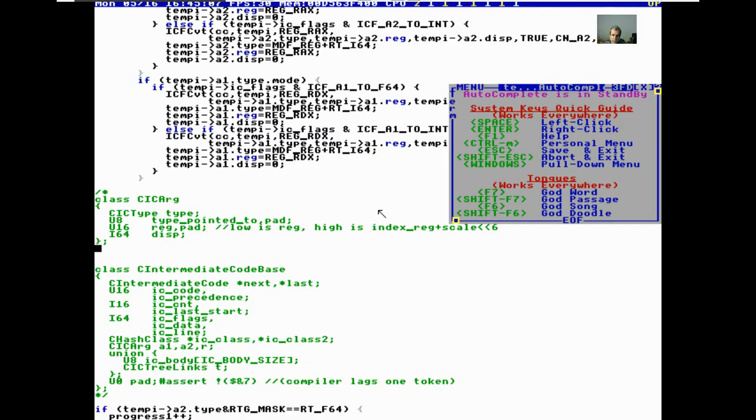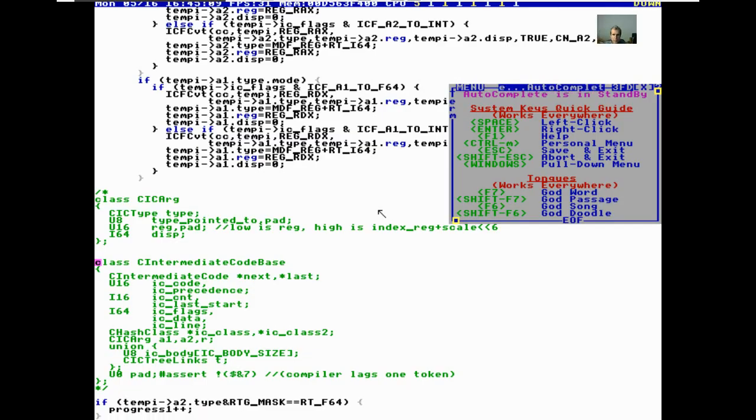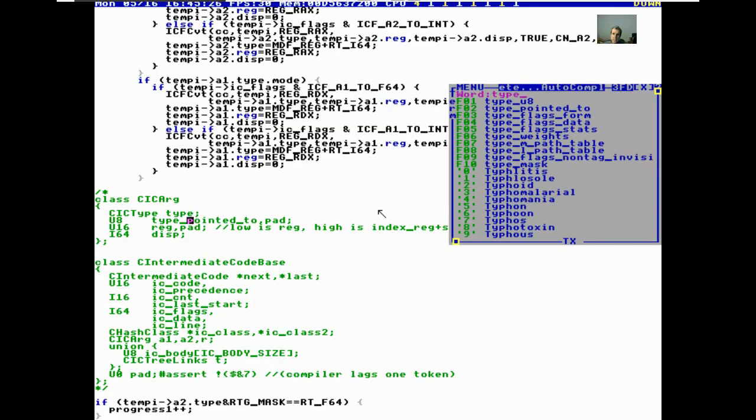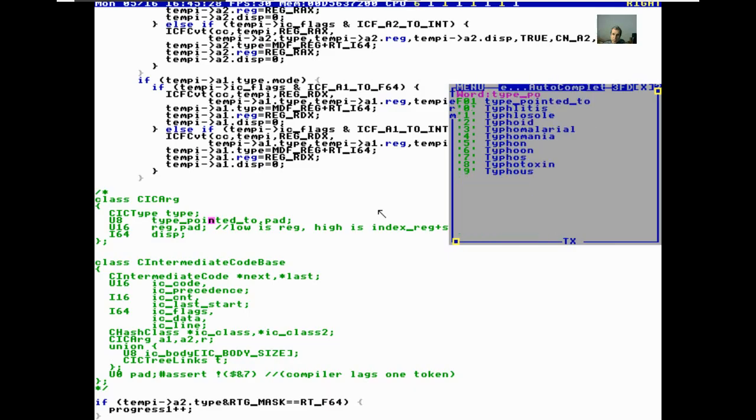I have this intermediate code, and it has 2 arguments and a result. And each argument, if it's a pointer, the type is pointer, and then the type pointed to is type pointed to. But